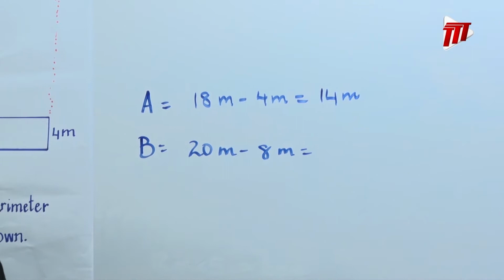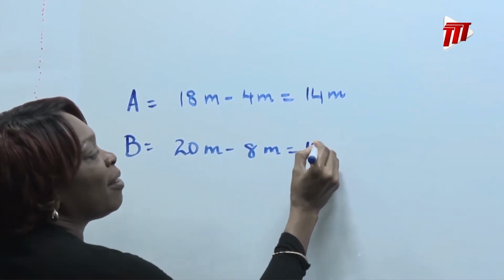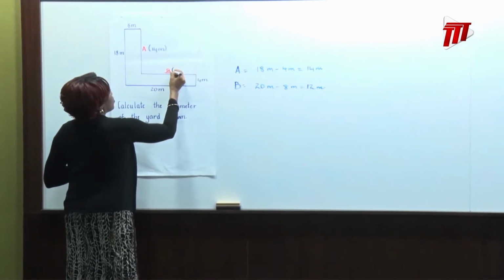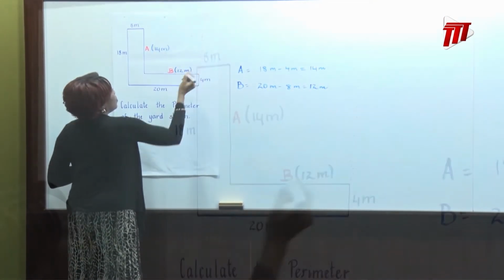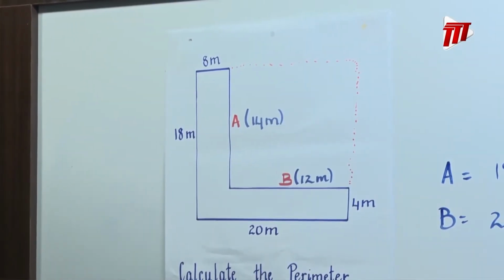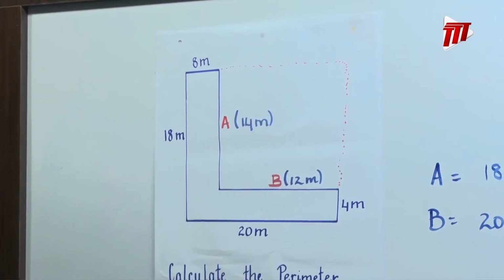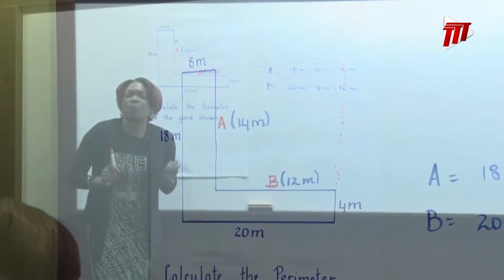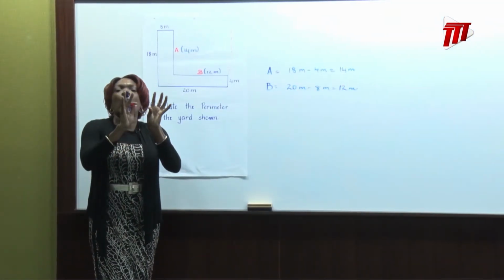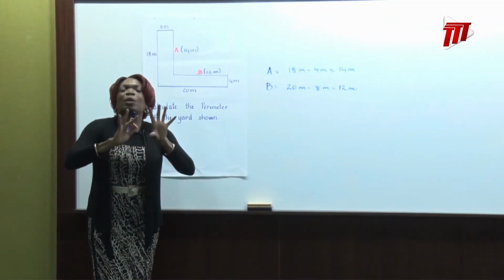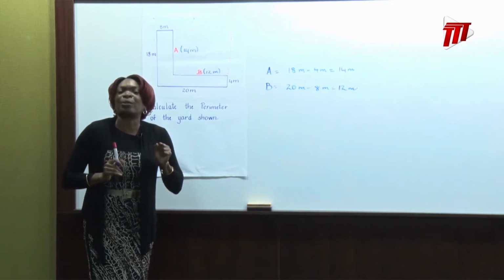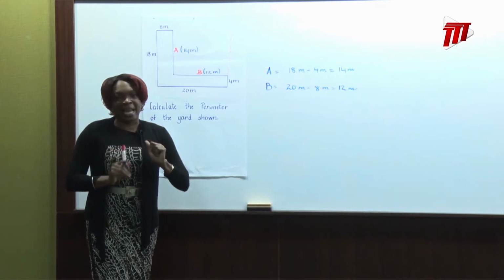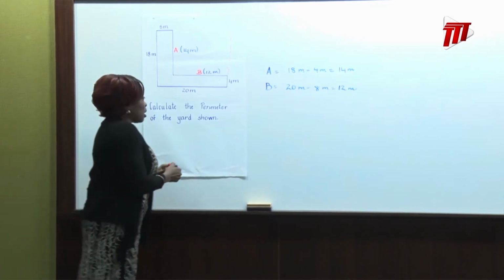And what are we going to get? We're going to get 12 meters. So far, so good. I'm going to put in that information now. So far, so good? Wonderful. Can we now find the perimeter of this compound shape? Yes, we can, because we have put in all the missing sides. We have put in all the missing dimensions. What are we going to do now? We are just going to add up all the sides that are given. So let's do that now. So the perimeter of the shape